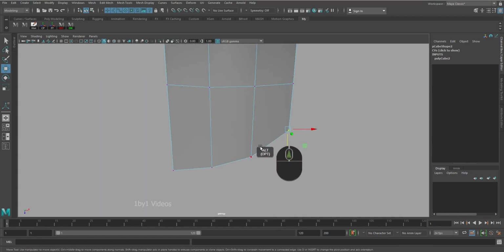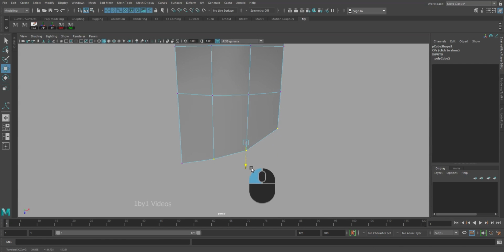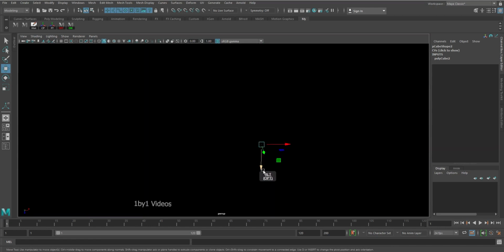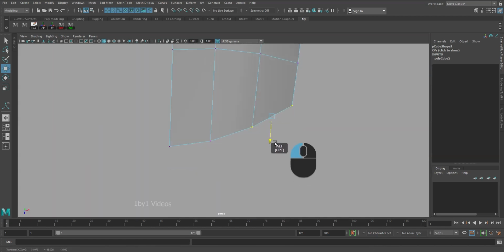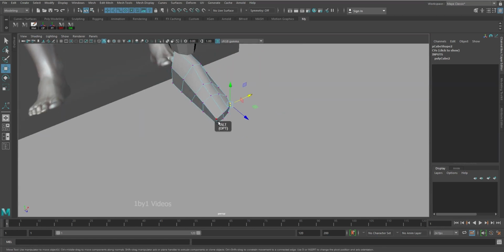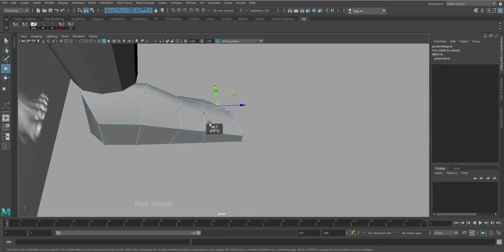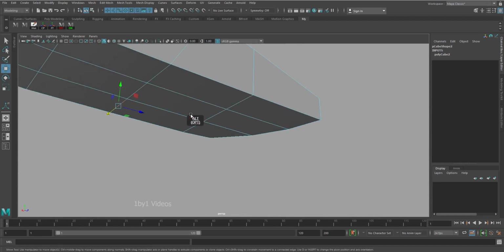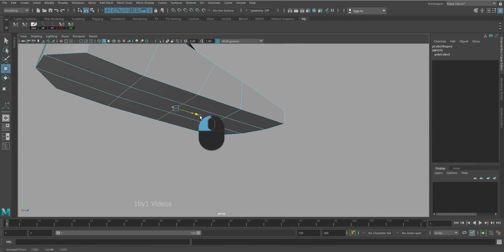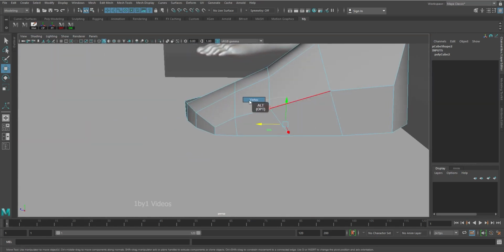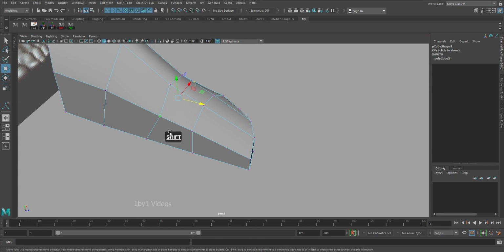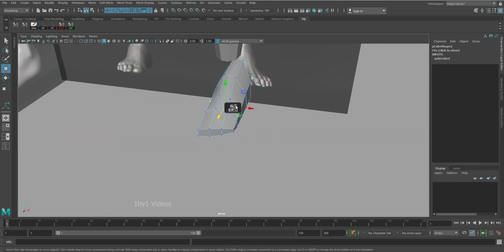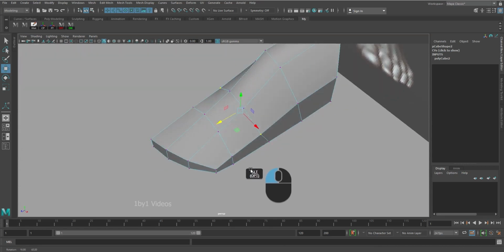So this is how it has to be for the okay. Now with this being done,